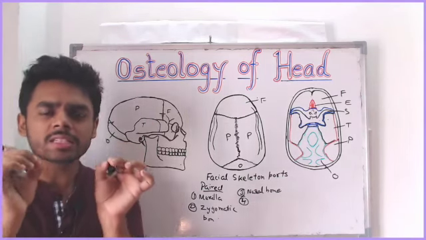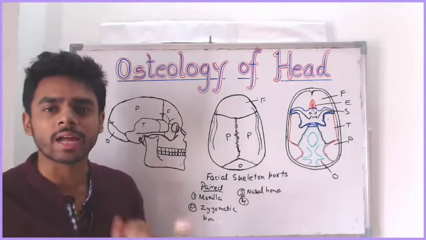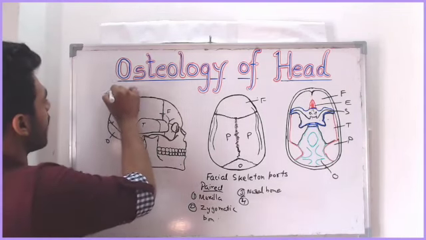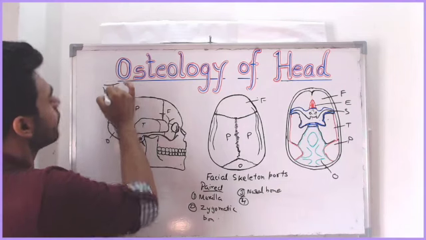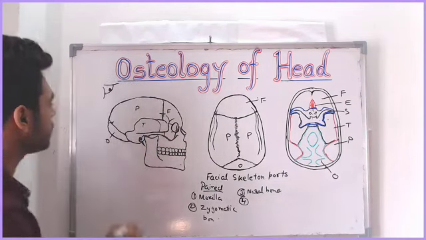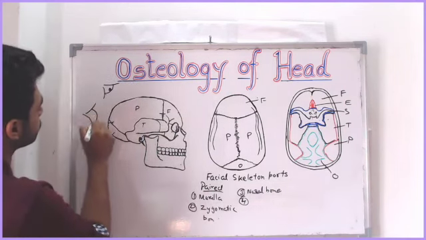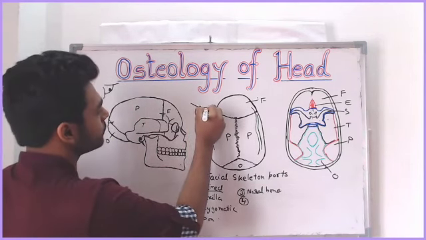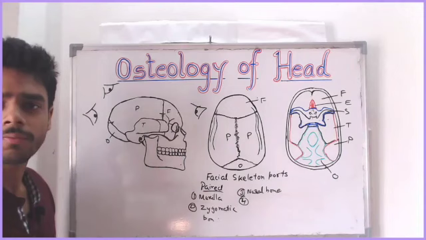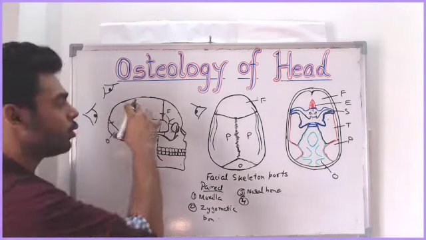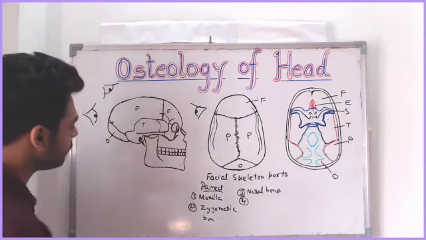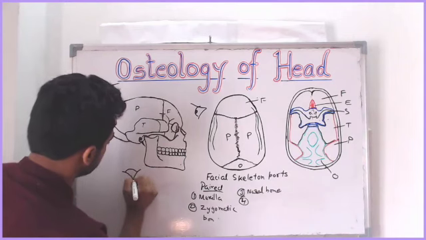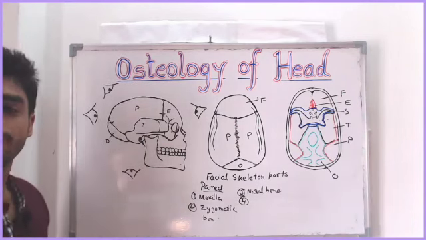See, externally the skull is studied from 5 aspects. That is the superior aspect, where you keep your eyes here and look at the skull. Posterior aspect, where you keep your eyes here and look. Then anterior aspect, you keep your eyes here and then you look. Then lateral aspect, which you are looking at now. Then an inferior aspect, you put your eyes here and then you study. So in total 5 aspects are there.